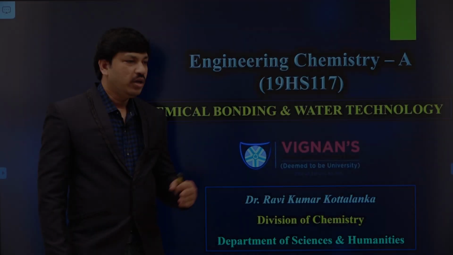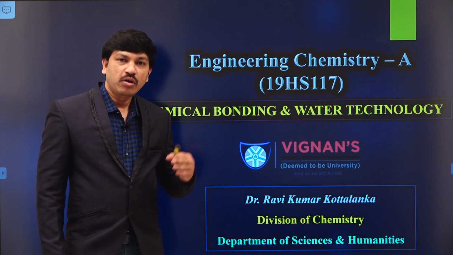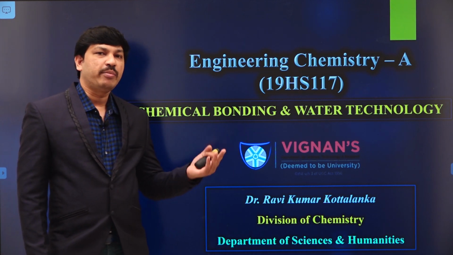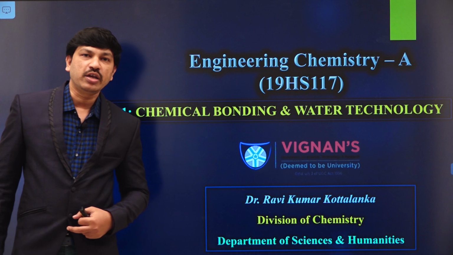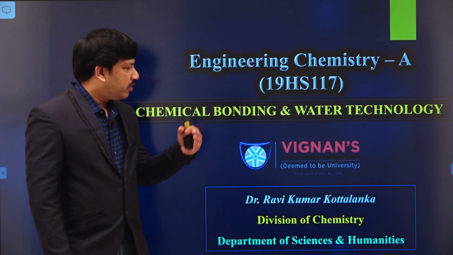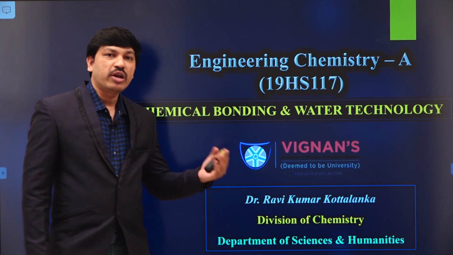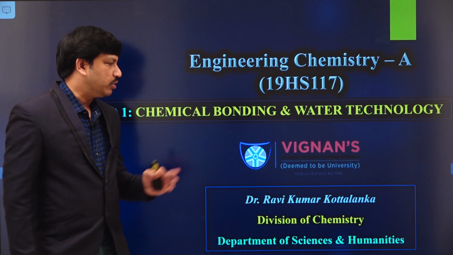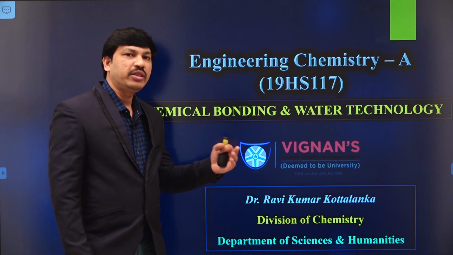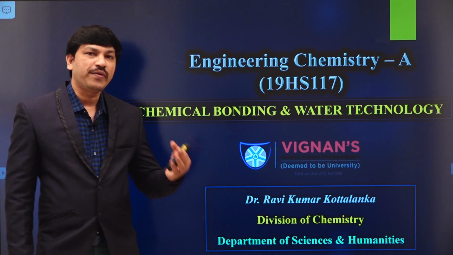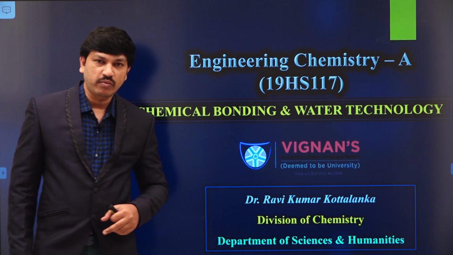Okay, hello everyone. In our previous session, we discussed what hardness of water is, how to determine the hardness of water by using the titration method, and we have also done some numerical problems based on the EDTA titration method and all those things. So basically, the EDTA method provides the amount of hardness producing substances available in a given water sample.